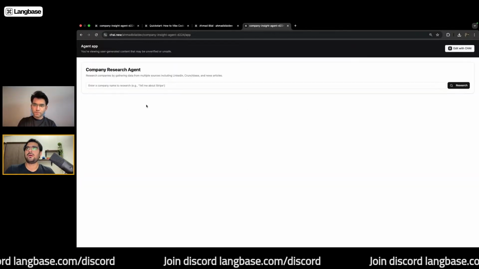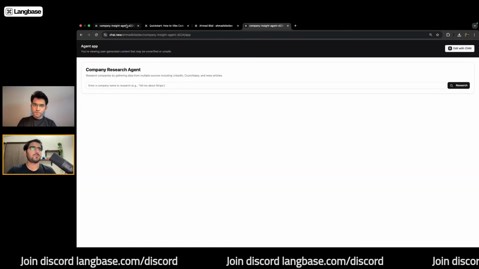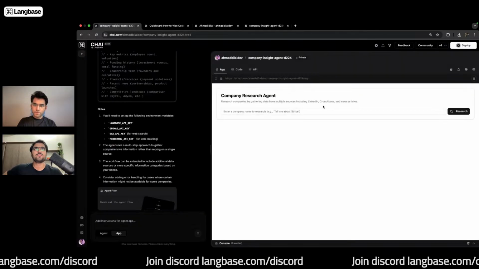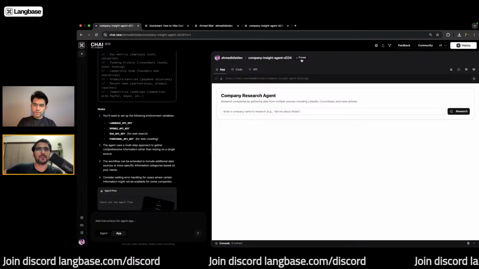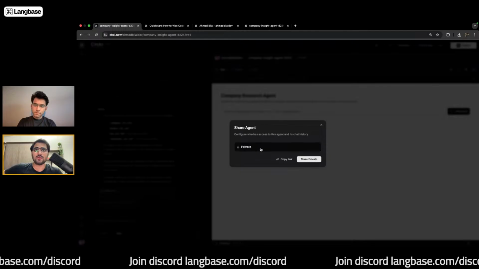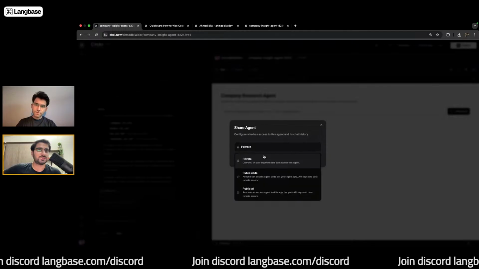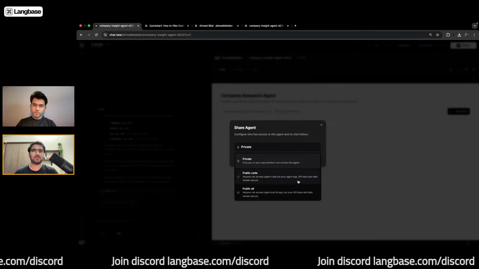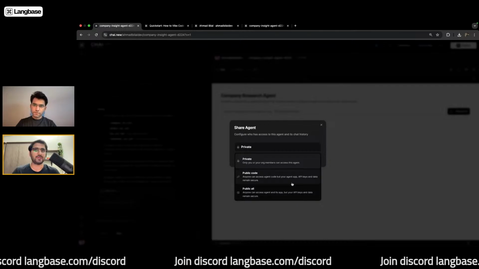Just like that. I also want to point out how to share your agent. By default, all agents are private. But let's say I want to share it with my team. I can go ahead and select any of these two options. If I only want to share the code, I can select the public code option.